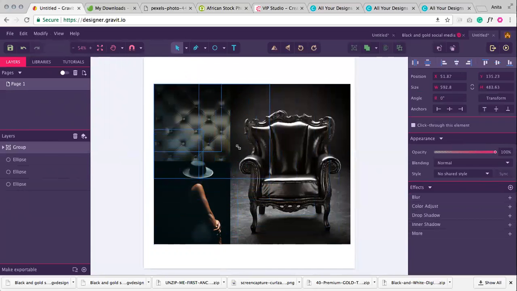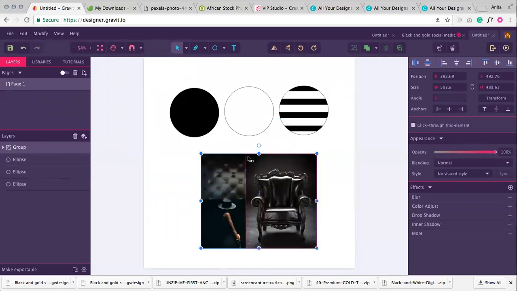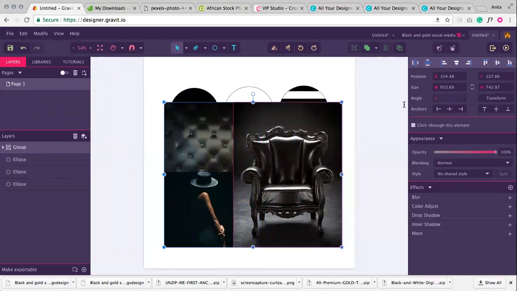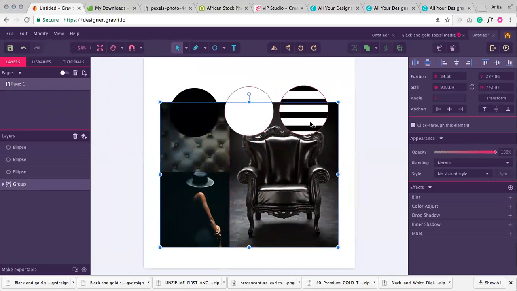And I'm gonna make it a little smaller. Actually, I may just make it bigger. Leave it big. Bring it to the back. And then